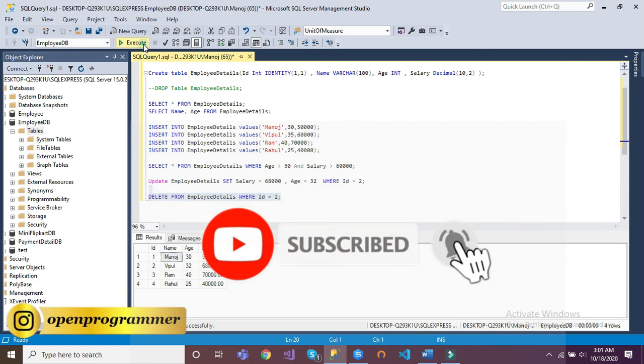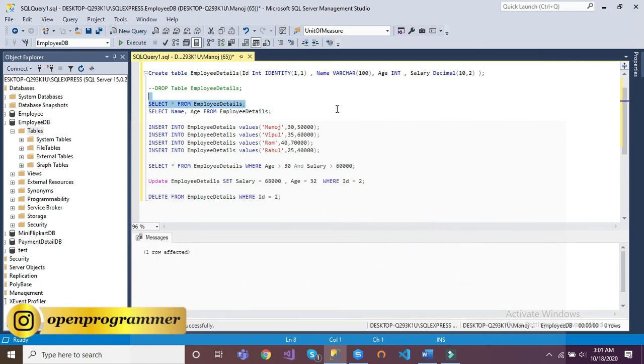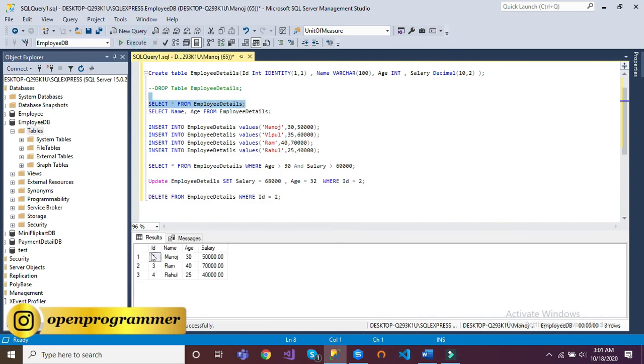Select the command, click on execute, one row affected, go to SELECT * FROM employees. See, we have deleted our ID 2 record which had Vipul's data. So that is how to delete data from a table, right?